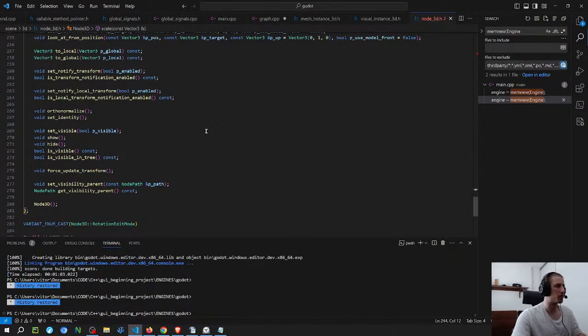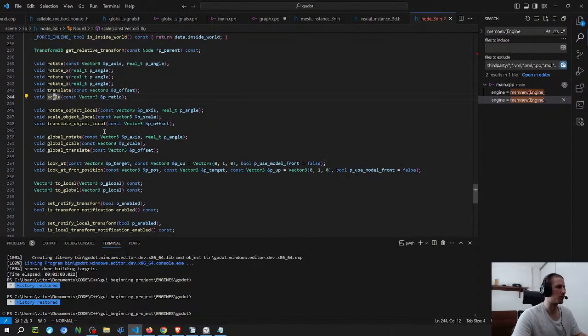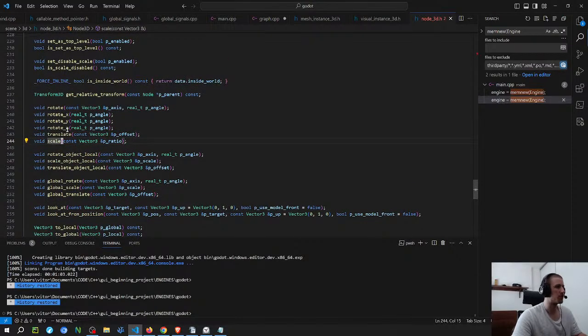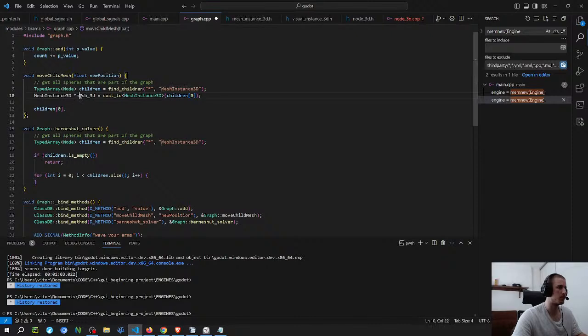So probably rotation or translation is on the node, because there isn't anything here related to translation. Oh, translate here. I missed it. So you just pass a vector. So create a vector there.